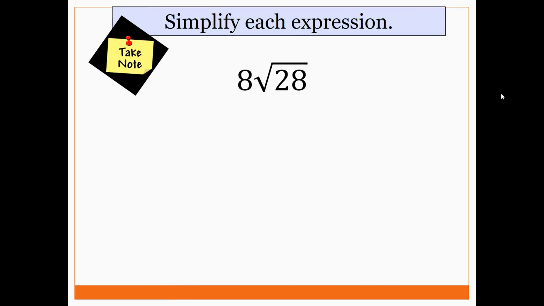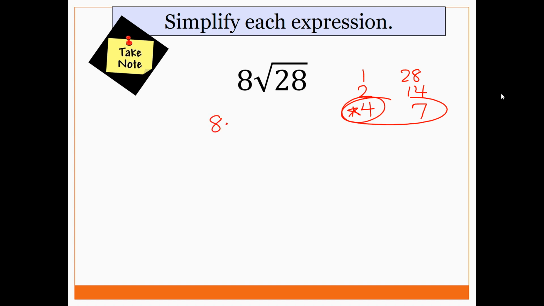Okay, so again, here we have 8 times the square root of 28. 28 is not a perfect square, so I think of factor pairs for 28. I have 1 and 28. I have 2 and 14. Neither one of those is a perfect square. I have 4 and 7. These are the only factor pairs I can think of. Here is one with a perfect square right here with 4. So I have